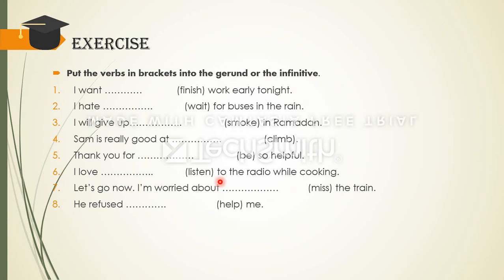Sam is really good at, and then we have climb. Thank you for, and then we have the verb be, so helpful. I love, listen, to the radio while cooking. Let's go now. I'm worried about, and then we have the verb miss, the train. He refused, help me. Okay, so please try to do this exercise, and then you can send me your answers